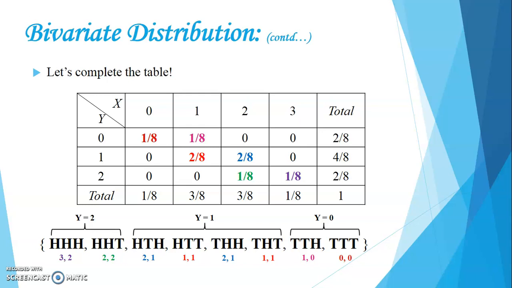Now if you observe carefully, the totals that you have, the row totals and the column totals, are nothing but the univariate distributions that we did in this video previously. So you have y equal to 0, 1, 2 and the total column 2 by 8, 4 by 8 and 2 by 8. This is the PMF of y. Again, the column totals that you have represent the PMF of x. So in this case, what we have done is, you have the regular univariate PMFs and we have split them up into pairwise probabilities, which are called joint probabilities.